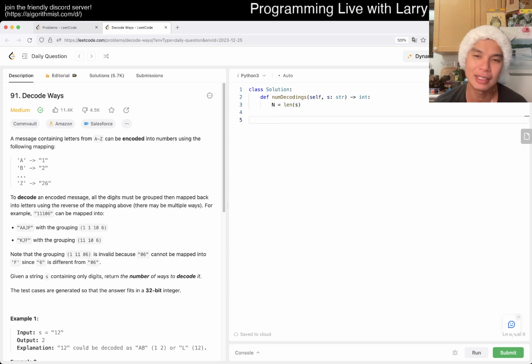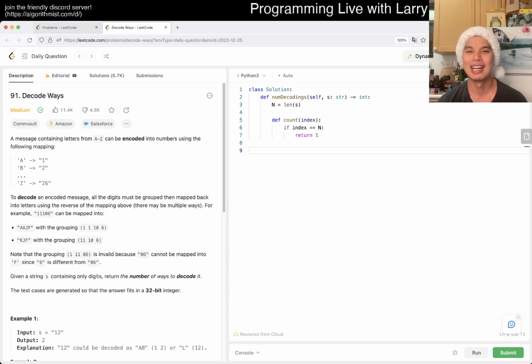That's pretty much the idea, and you see it represented as the number of ways. And if index is equal to n, that means that there's no string left, so you have one way to decode this, and that's just the way it goes sometimes. And then now you try to figure out how to break the current suffix down,